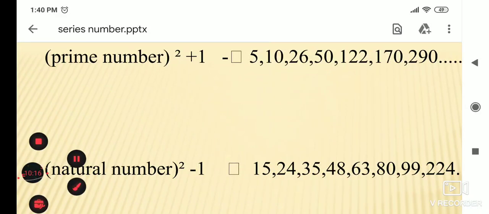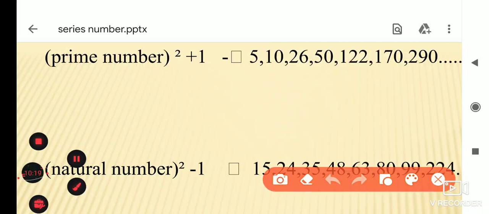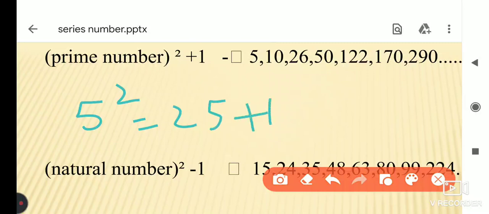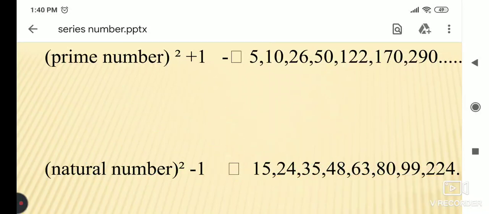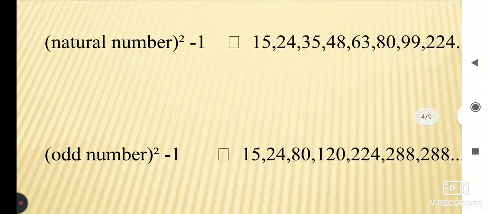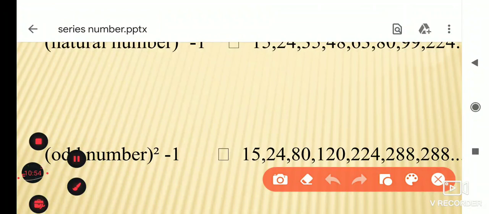Okay, the third prime number is 5. The square of 5 is 25 plus 1, we get the answer 26. So in this example we can easily find that the pattern of the series is the prime number square plus 1. Okay, so in the next example,